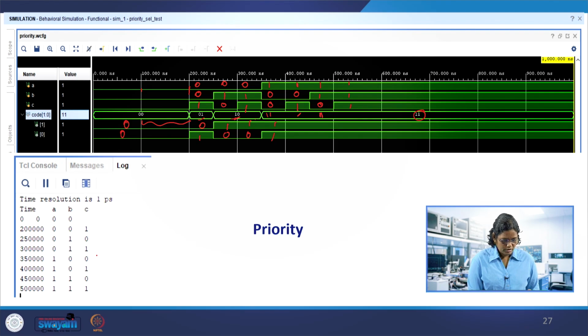So the outputs are printed over here. You can see this is 200,000, it is actually given in picoseconds. With 0 0 1, C is 1. So whatever inputs we had given are displayed there, not the codes. Here it would be 0 0 0 1, and then next is 1 1 0, and then in the rest of the cases it is 1 1. Okay, so this is 1 1, and when it is ABC 0 0 1, it is going to be 0 1.